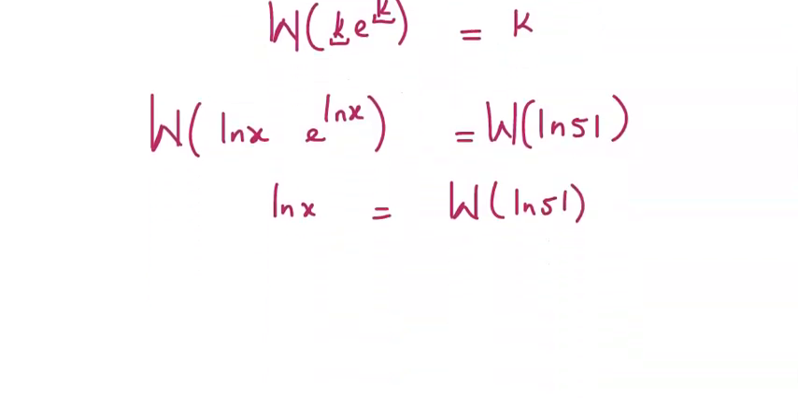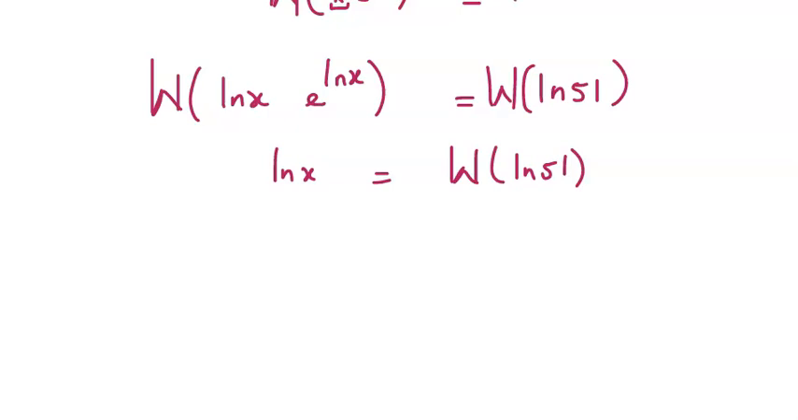Now we're going to take a common base of e on both sides of this equation. So here e raised to the power of ln of x is the same as e raised to the power of the W of ln of 51. So from the left hand side these both get cancelled and we're left with x is equal to e raised to the power of the W of ln of 51, and this is roughly approximated to